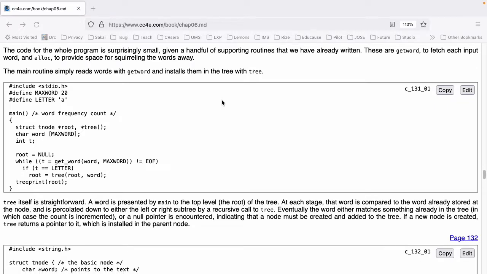#include <stdio.h>. #define MAXWORD 20. #define LETTER 'a'. main() { struct tnode *root, *tree(); char word[MAXWORD]; int t; root = NULL; while ((t = getword(word, MAXWORD)) != EOF) if (t == LETTER) root = tree(root, word); treeprint(root); }